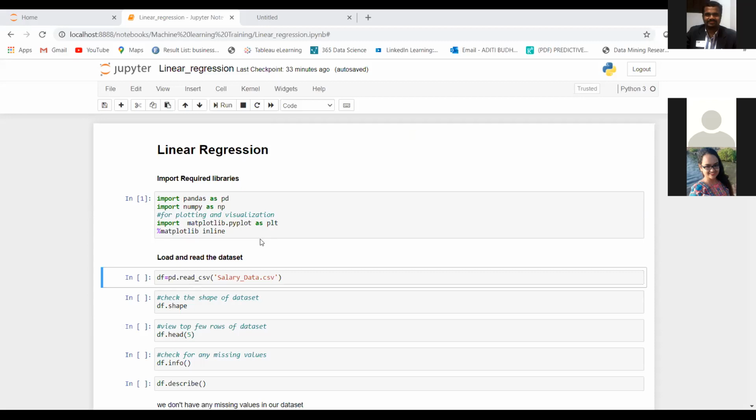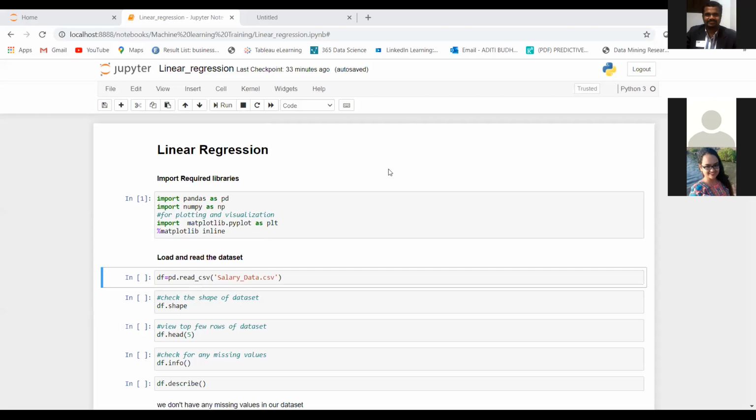So let's begin. In the last session, we learned about the concept of linear regression. I hope that all of you have understood when we use linear regression and what kind of data is required, the data on which we can apply linear regression.